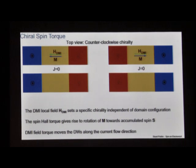And it looks like that interaction looks like the moments in the domain wall see a large longitudinal field, which is either pointing for this domain wall to the left or for this domain wall to the right. It's a chiral magnetic field derived from this chiral exchange interaction. So now what happens? If we now flow current through this device, then we develop a spin polarized current, a